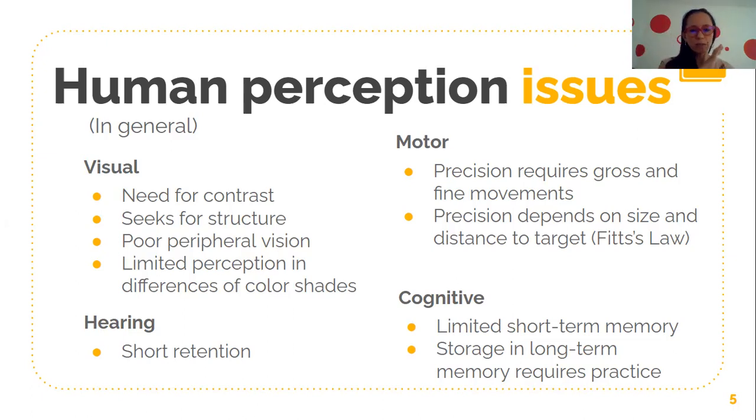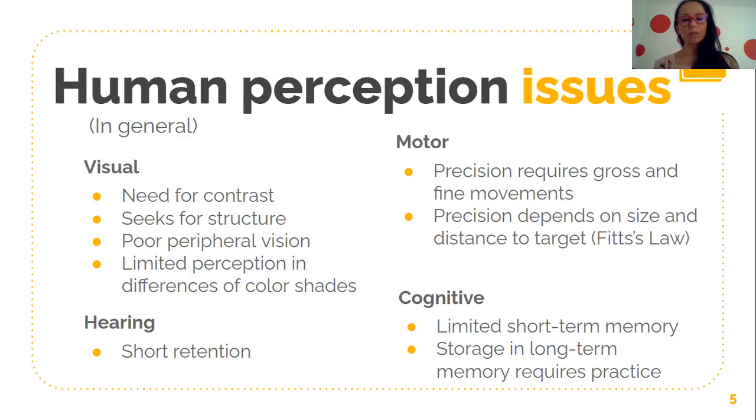So again, this is just for people in general. We're not there yet with people with disabilities. This is for everyone. But actually, people with different disabilities are not different from this. We are all part of the same human breed. They are not a different breed. They just have one or more of these perception channels unavailable or blocked, or they have difficulties perceiving through one or more of these channels. But other than that, they're exactly the same as us. So these issues that we're reviewing now apply to everyone.